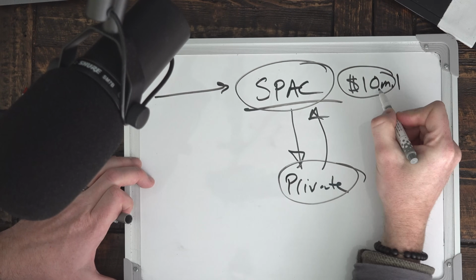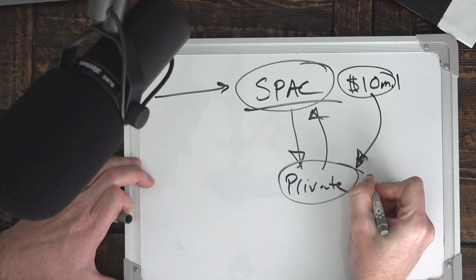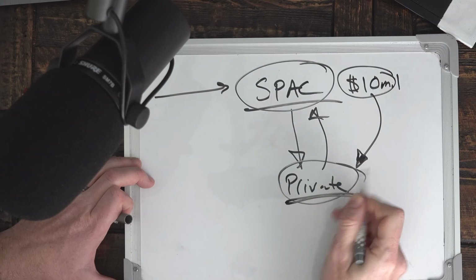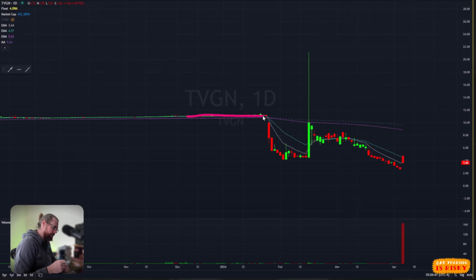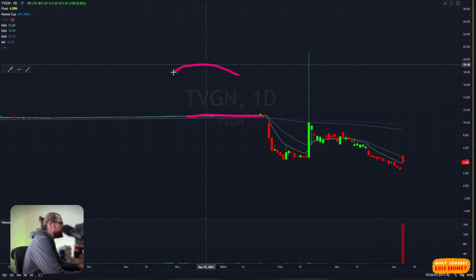So let's say it's 110 million, whatever. That's the money that's used to go buy and find a private company to bring into the public market, and the people who create these SPACs make a ton of money on these mergers. So anyways, this is a company that was a special purpose acquisition. They merged with TVGN. And then once they did the merger, the price dropped from $10 all the way down